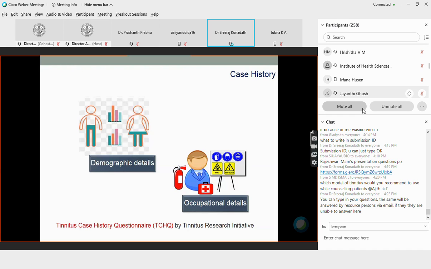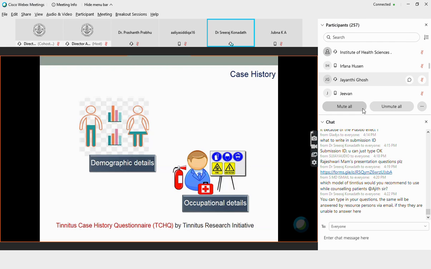One of the most common reasons for tinnitus is noise exposure. Individuals who are exposed to noise can be affected, or tinnitus can be one of the primary symptoms indicating a hearing loss in the future. Tinnitus can happen with and without hearing loss also, but remember, noise exposure is considered to be one of the primary reasons for generation of tinnitus. So in the question, when you ask, you have to clearly ask about noise exposure if an individual comes to you.